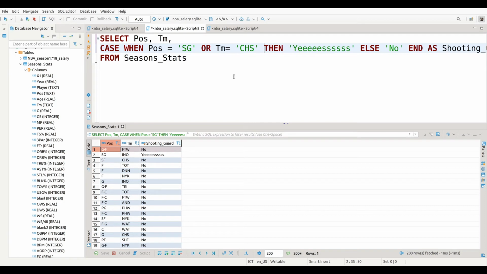The position is shooting guard, or the team that the player is on is CHS, whatever that stands for. So we press Control Enter, and you can see there was a small change. Now in row 3, even though this guy's a small forward, because he's on the team CHS, we got a yes. And even down here in row 17, this guy's a guard. He's not a shooting guard, but because he's on CHS, we got a yes as well. And so everything else stayed